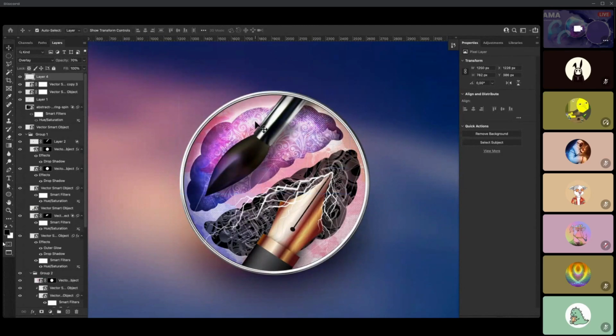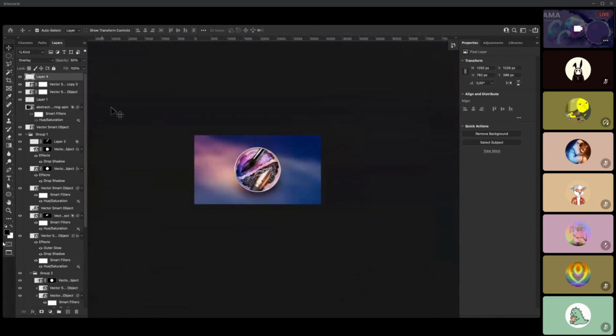And drop the opacity a bit more. So again, if I turn the visibility of this layer off and on, you see just a bit, but it adds a bit of depth. And when you zoom out completely, it gives even more prominence, as you can see.